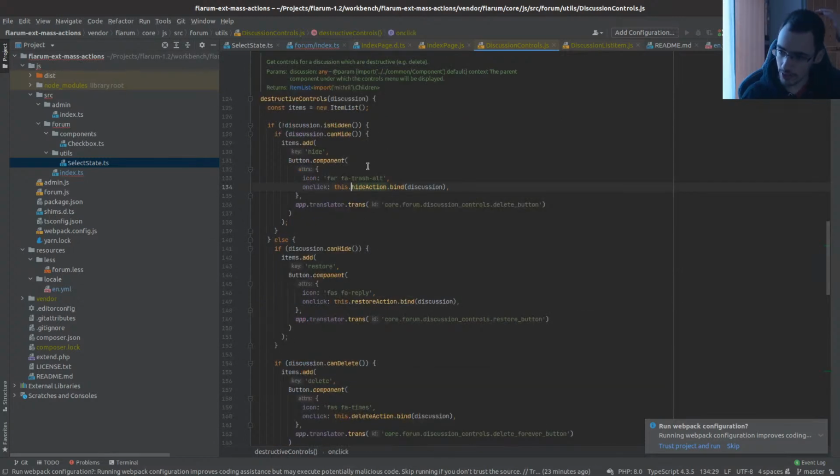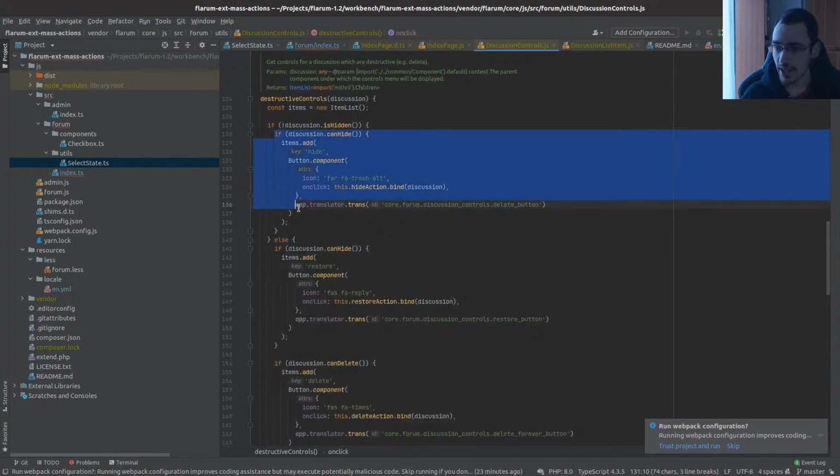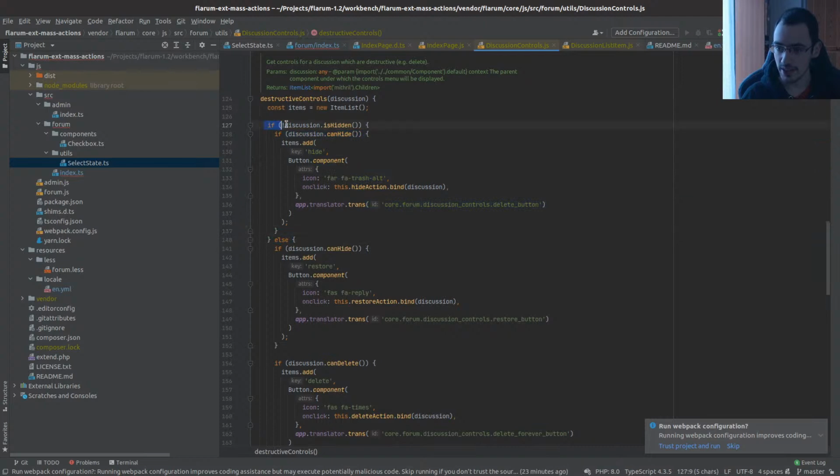When we add this, you can see this button only appears if the discussion is hidden, and it only appears if the user, if the permission can hide is true. So yeah, what we are going to do here,